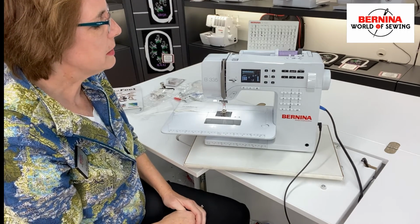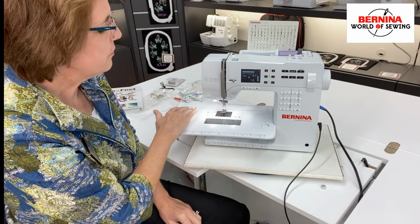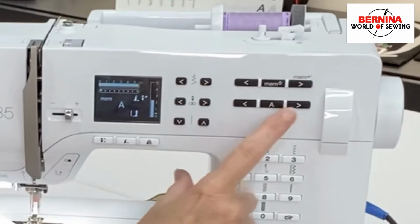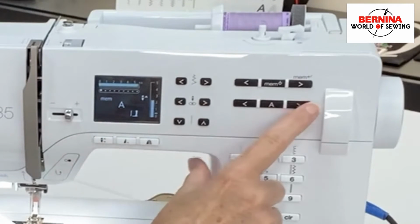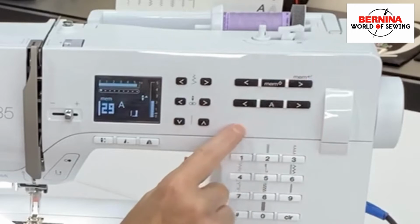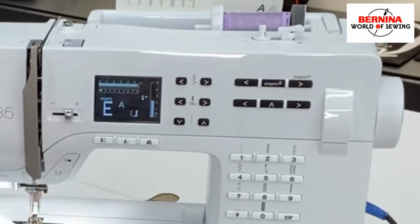And just as a little hint, these alphabets only have uppercase. However, if you want to fool your eye into thinking that there's a lowercase in there, we're going to spell out Bernina again. I have my alphabet on. I'm going to turn off that single pattern. Let's find that B. Put it into memory. When I go to the E, right here,